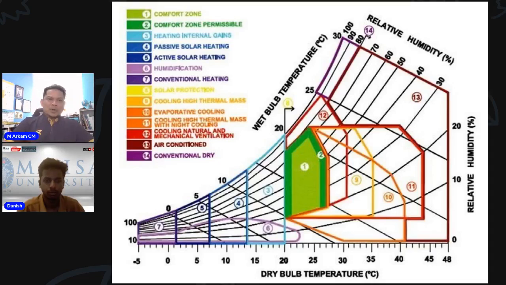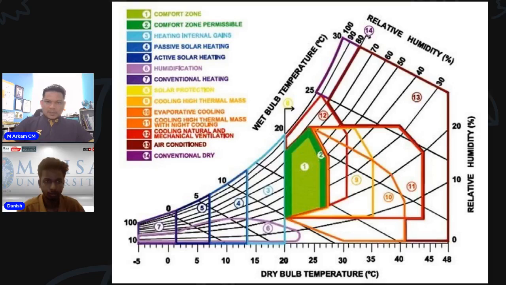So, for example, number one, the comfort zone. There is actually our comfort zone when we're talking about an acceptable level of comfort for the majority of human beings. So, for example, we're talking about humidity. We started from 20 up to a maximum of about 80. And then talking about the temperature, dry bulb. Dry bulb is actually our ambient temperature. The minimum is 20, the maximum is actually about 24, 25.